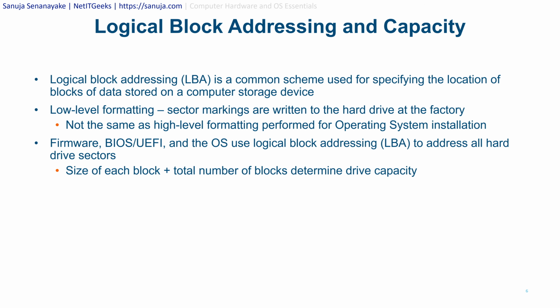Low-level formatting is a sector marking written to the hard drive at the factory, and it is not the same as the high-level formatting performed for operating system installation. What that basically means is that when you buy a hard drive, whether it's a solid state drive or a disk platter, it will have formatting already done by the manufacturer, so that operating systems such as your Windows OS or your Mac OS can detect those drives for reformatting at a high level,